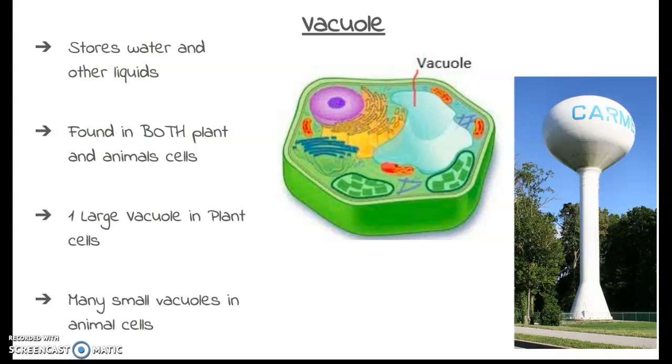And what these guys do is basically they store water and other liquids. So they're kind of like a water tower. They just store water for the cells. Now, that's why a plant cell has to have one large vacuole, because plants take in more water than animal cells typically. So that's why they have one big one in each of the